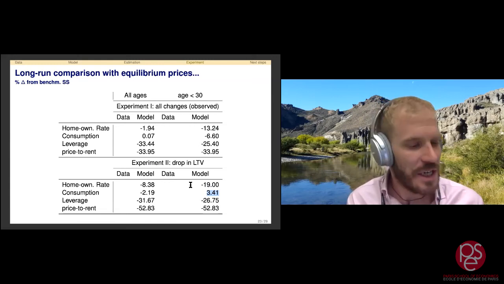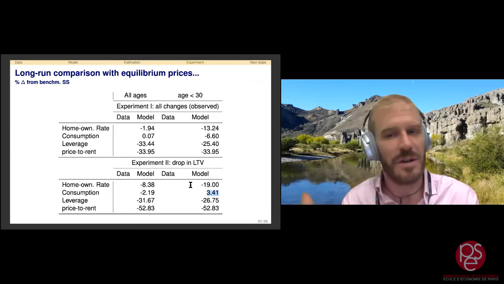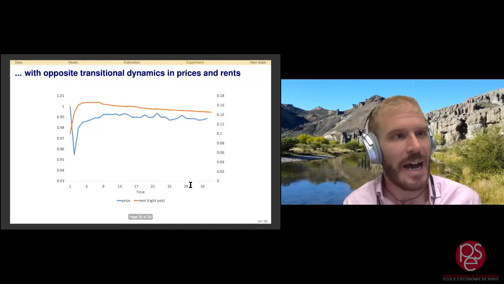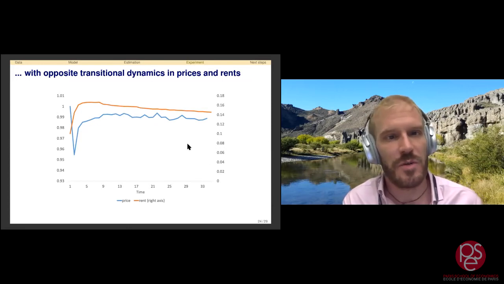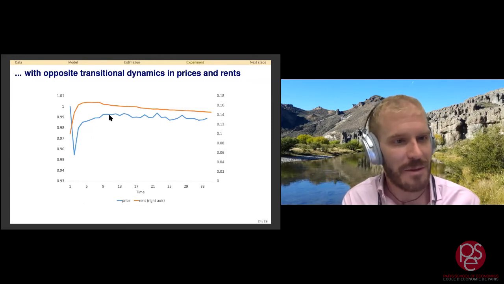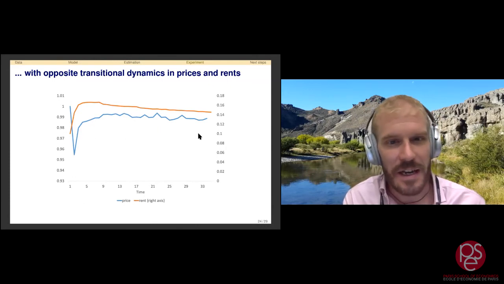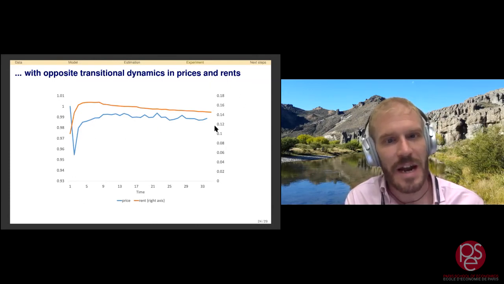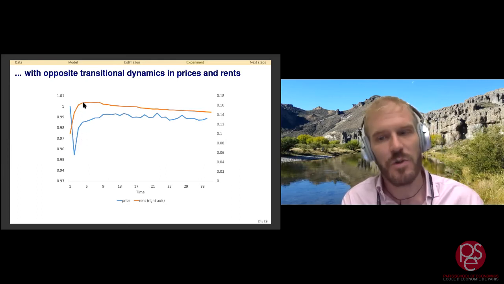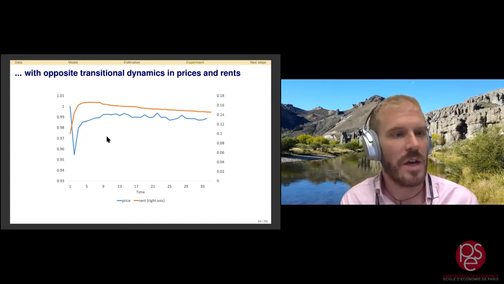So yeah, as I was saying, this is the comparison between the benchmark scenario and the scenario in which the observed changes are assumed to last for a pretty long period. And this is the transition between these two states for the dynamics of prices and rents. In blue, you have the dynamics of house prices, and in orange, you have the dynamics of rents, which are on the right axis. So basically, due to the equilibrium forces and in particular younger households not being able to buy a house in the benchmark experiment,